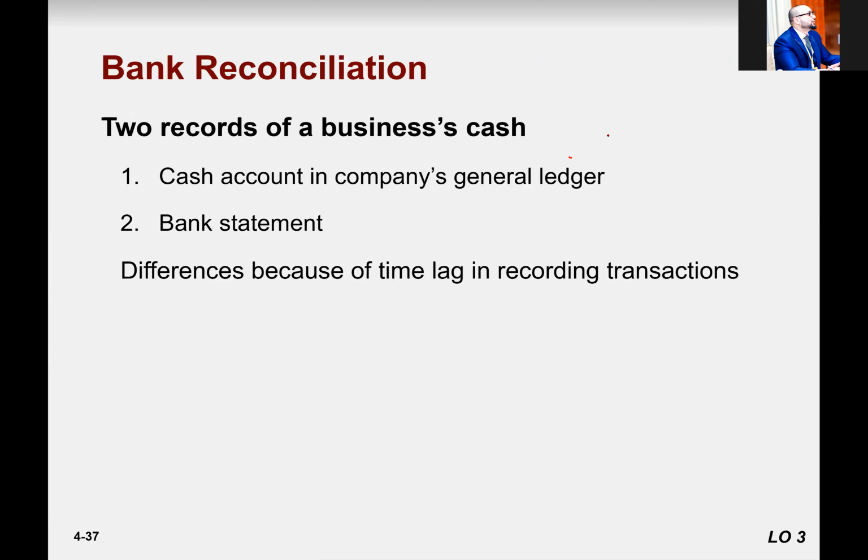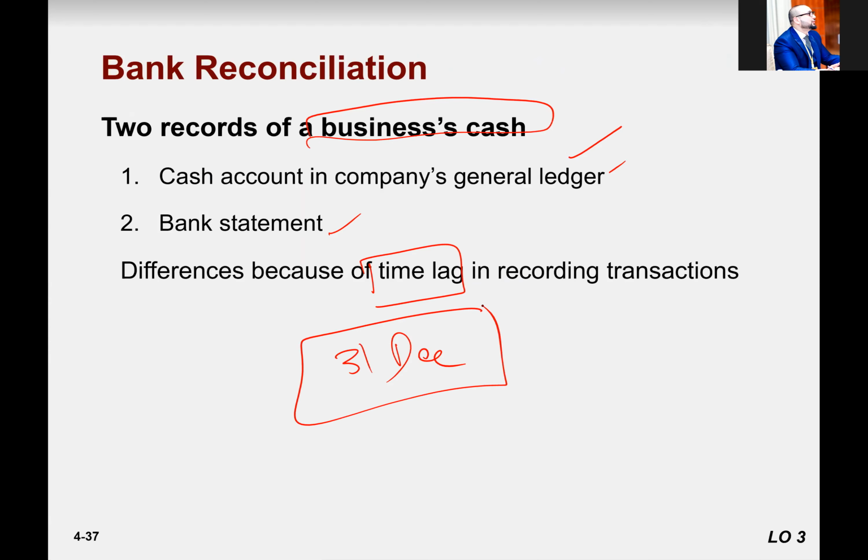Take the cash account in the complete ledger. So there are 2 records of business cash. One is maintained by the bank through the bank statement, and one is maintained by cash inside the company. So the difference occurred because of time lag. For example, the bank statement came on 31st of December. On 31st of December, you issued